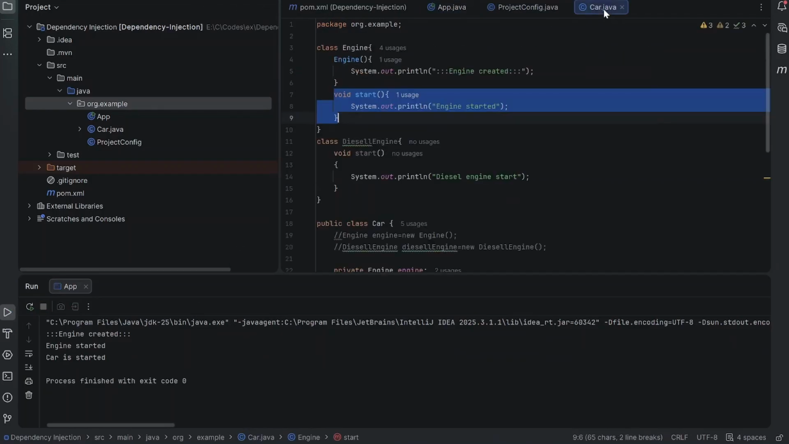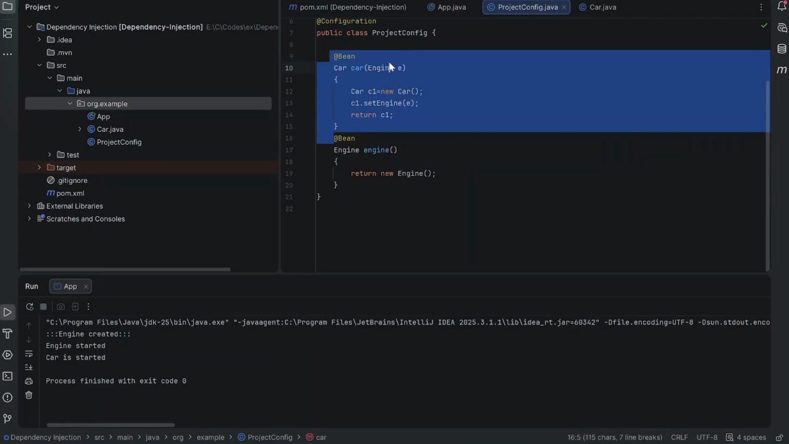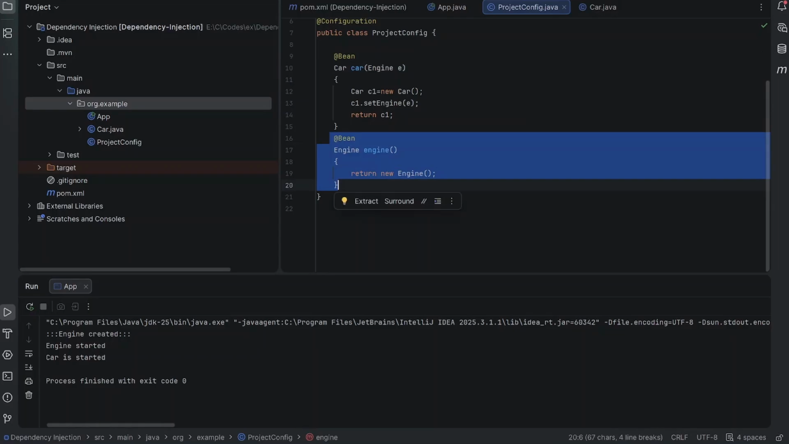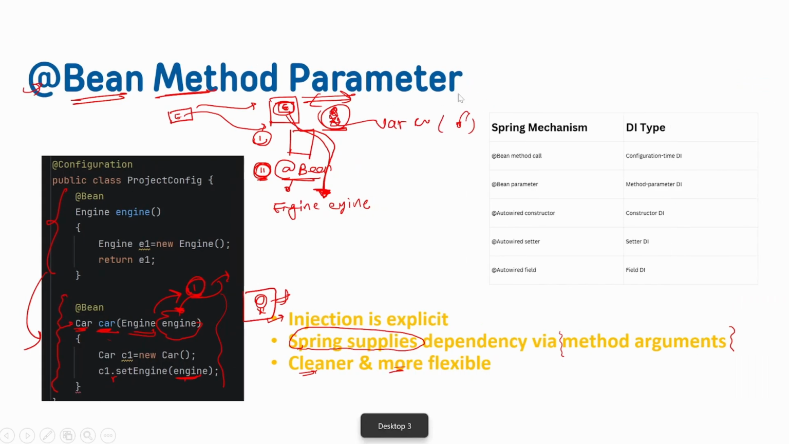So it is not affecting anything, because first Spring comes here and sees the car in the method argument. For the creation of the car bean, it needs to create the engine, because the engine is the dependency of the car. So first it searches for a bean of type Engine, calls this method, adds it to the Spring context, and then returns its instance, injects it into the e parameter, and now we can directly inject this dependency using the method parameter. So this is the second method of dependency injection in Spring,